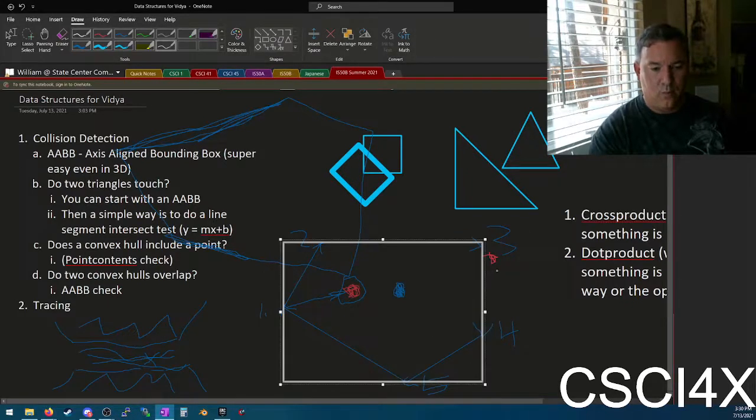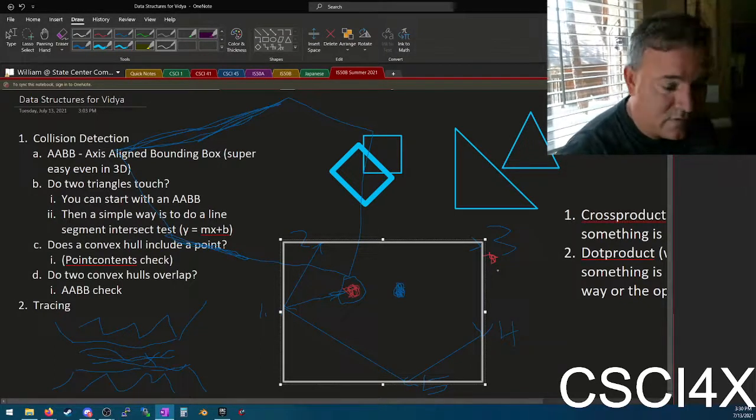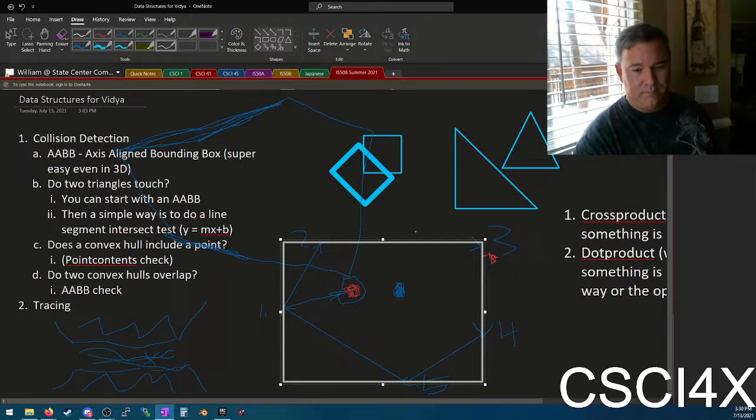So when you make your convex hull, you've got a set of points. If you're storing a convex hull in C++, you can literally just store it as a vector of points, or an array or whatever. And then after you do that, when you process your convex hull, you can figure out what's my minimum x, what's my maximum x, what's my minimum y, what's my maximum y. And then if you want to see if two convex hulls intersect, you start off by doing an AABB check, right? You just see, are they anywhere near each other? And if they are, then you basically do the same kind of thing here, where you can do a